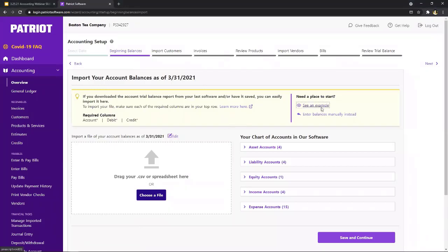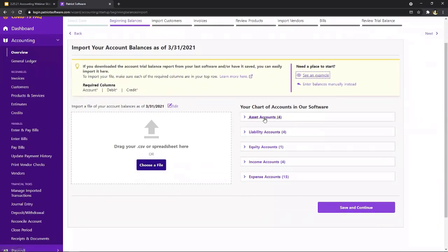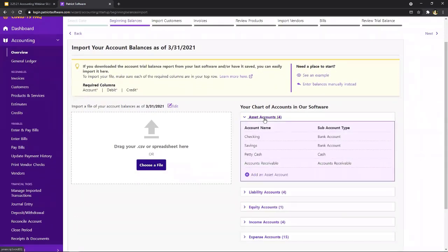You can also see an example here. So it kind of shows you the exact same thing. And then if you decide, nah, I changed my mind, I'm going to enter balances manually, you can certainly do that from this page. I also wanted to point out that because I got set up the quick way, here is where I can view the chart of accounts that Patriot has automatically added for me. I can add any